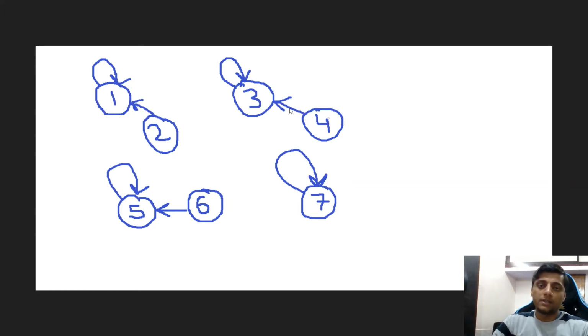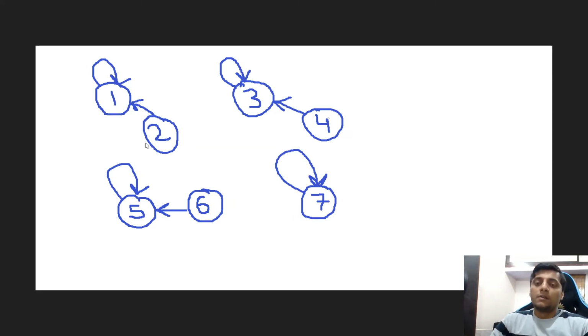Similarly, I merged 3 and 4. I did the union of 3 and 4. I made 3 the parent of 4, and similarly, for the union of 5 and 6, I made the parent of 6 as 5. Now for the group 1 and 2, the representative of this group is 1. The representative is the element whose parent is that element itself. Similarly, the representative of this group is 3, of this group is 5, and of this group is 7 itself. We'll see the significance of representatives later, but they are pretty important in